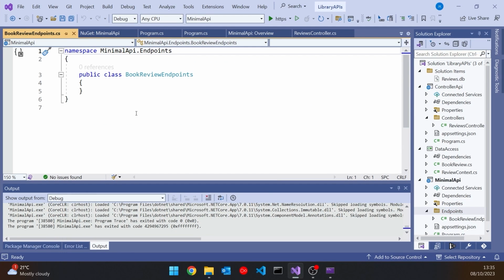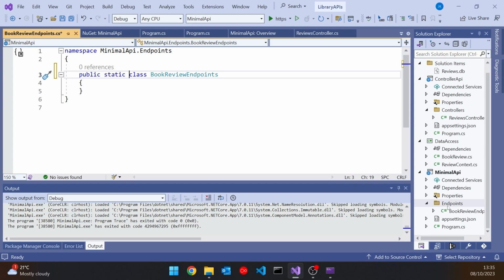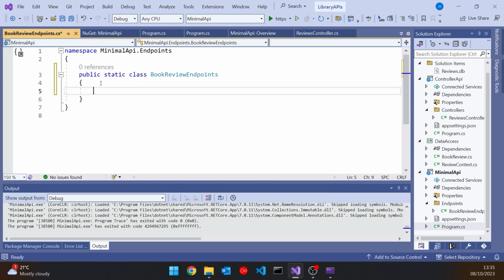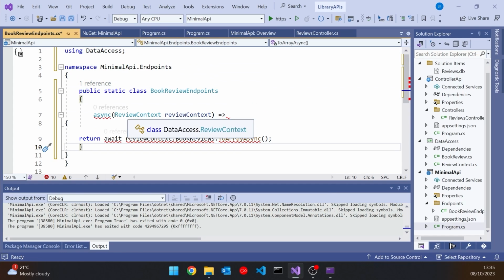And then I'm going to make this a static class, because remember, the big performance benefit with endpoints over controllers is you're not creating the controller object each time, so this is just going to be static. And then in here, I'm going to start putting methods to support each of the things that we want to do. So in fact, let's do that with a bit of copy and paste. Let's go to the program and grab hold of this first one, paste that in there, and then we're going to have to make a few changes.